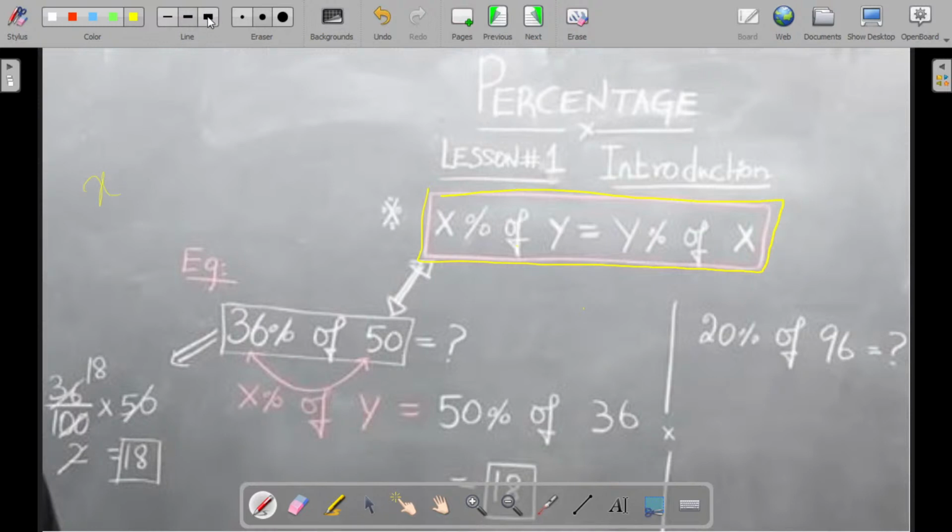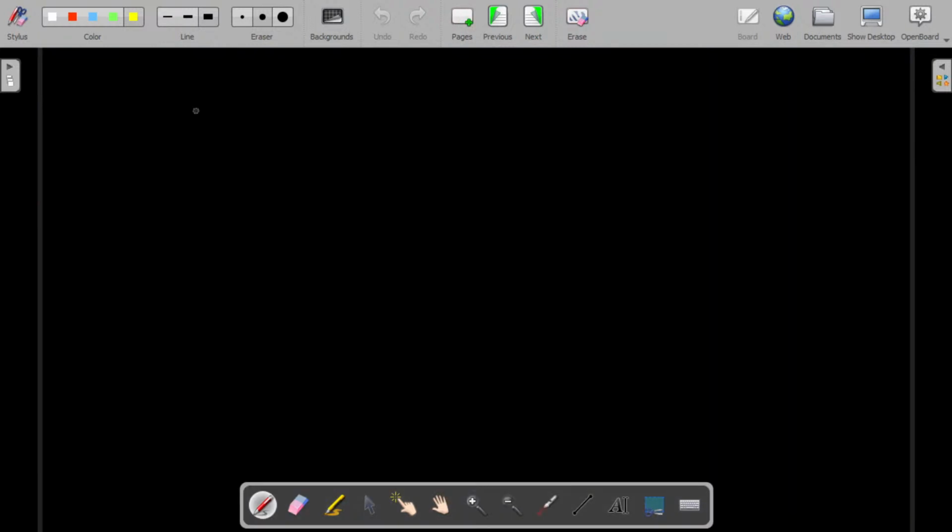For example, 50 percentage of 36 is equivalent to 36 percentage of